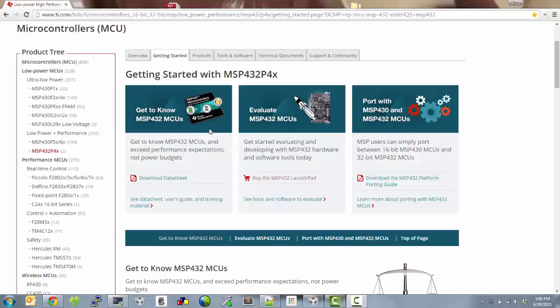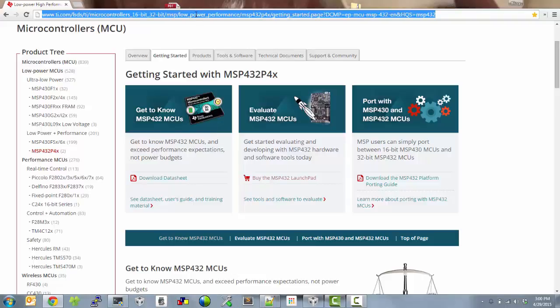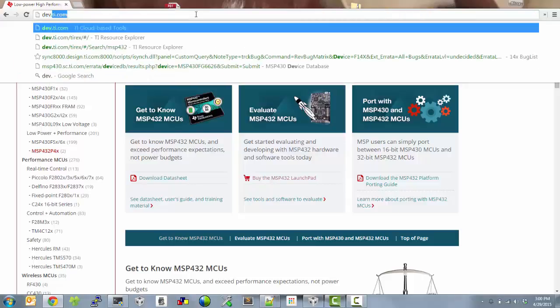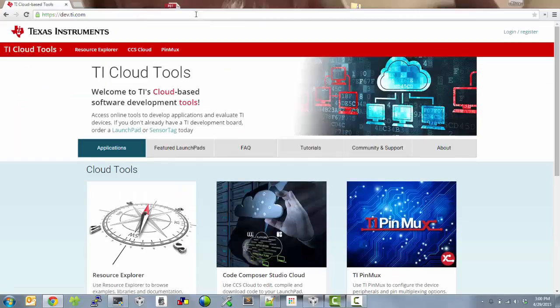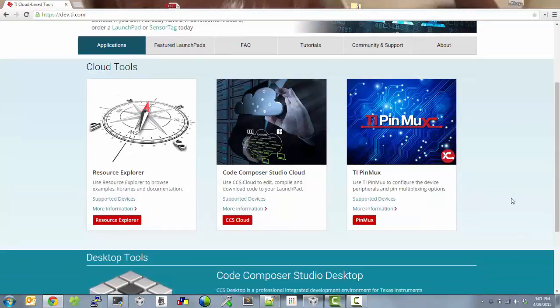Alright, let's get started and take a look at the TI Cloud tools and figure out how to use that to get started with our MSP432 development. So TI Cloud Tools is located at dev.ti.com. When you open this page, you can see that the TI Cloud Tools will provide you with 3 tools today,